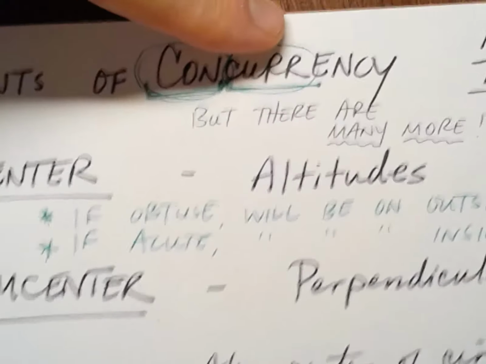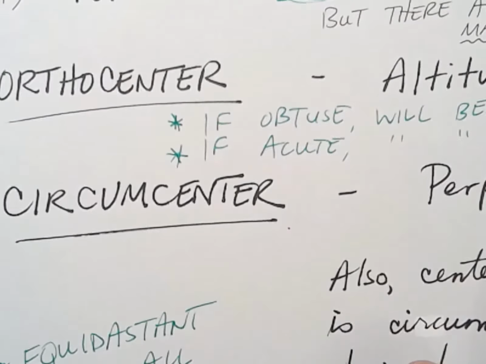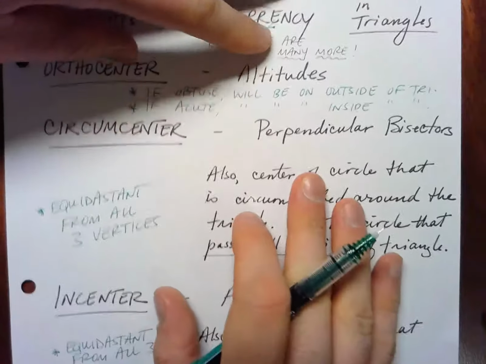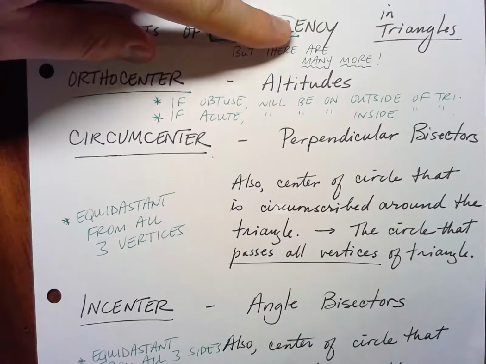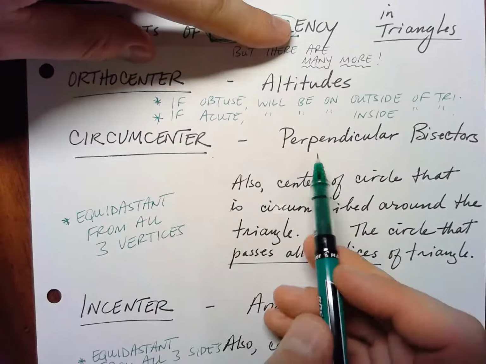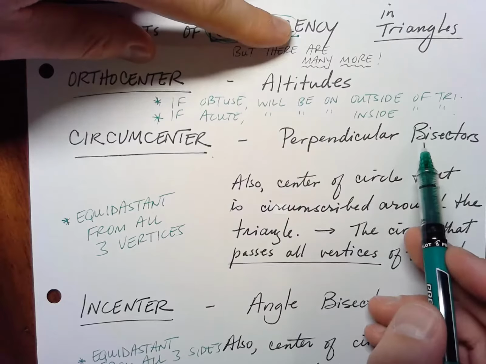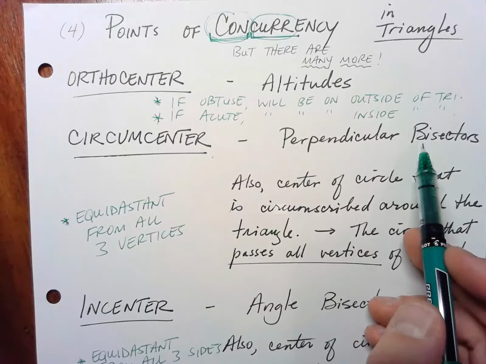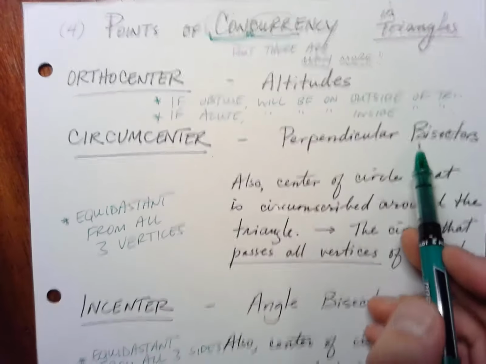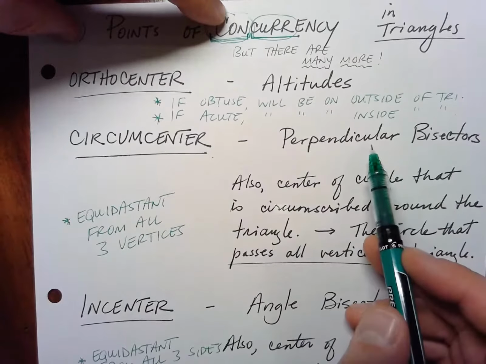So that is an orthocenter. Let's move on to a circumcenter. A circumcenter is where all the perpendicular bisectors meet. So perpendicular bisector means that it is bisecting the side into two congruent parts, and perpendicular means it's 90 degrees